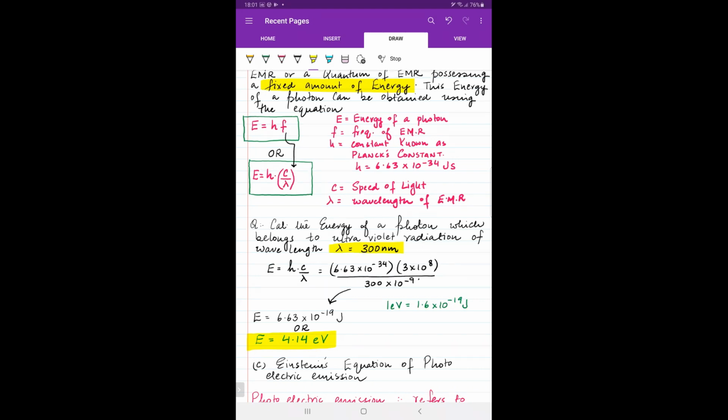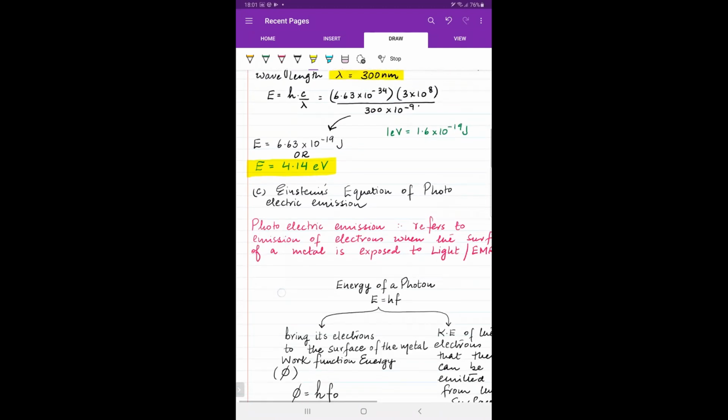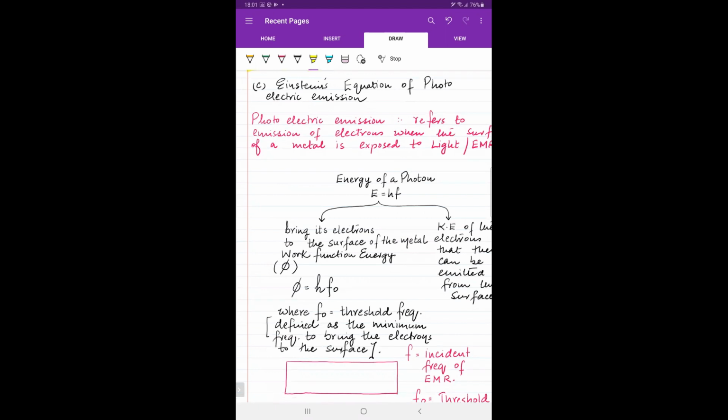Now, let's discuss the third thing. So now finally, the idea behind what is referred to as Einstein's equation of photoelectric emission. This idea was explored by Albert Einstein. And before I move on to this concept of photoelectric emission, remember,